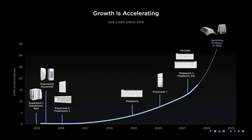We're on our 6th generation of our industrial product, which is the Megapack XL that we're building out of Lathrop, California. We've deployed over 16 gigawatt hours of industrial and residential products across 50 countries. And really, Megapack is a market leader